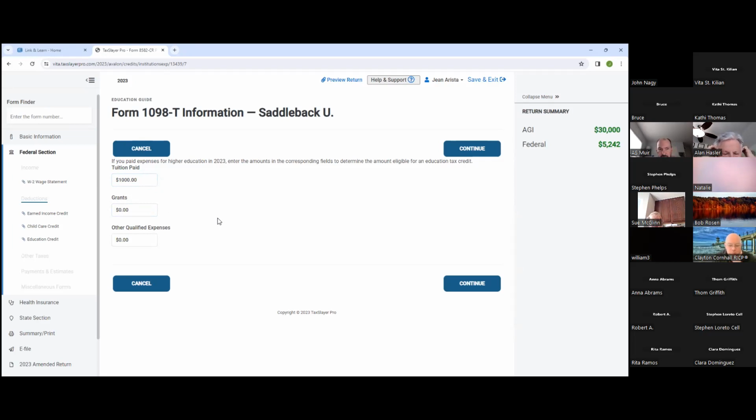There are many types of grants. There are private grants, there are government grants, state grants, but no information regarding the fact pattern and no other qualified expenses. But what I do at my VITA site is I make sure that the preparers ask the questions regarding textbooks. And typically there's an expense for textbooks. And sometimes, in fact, a lot of times, these students will show me on their electronic device that they've paid textbooks of so many dollars. And so that'll be included in other qualified expenses, also known as qualified education expenses. And so again, you want to ask about your tuition, your enrollment fees, and textbooks and supplies too.